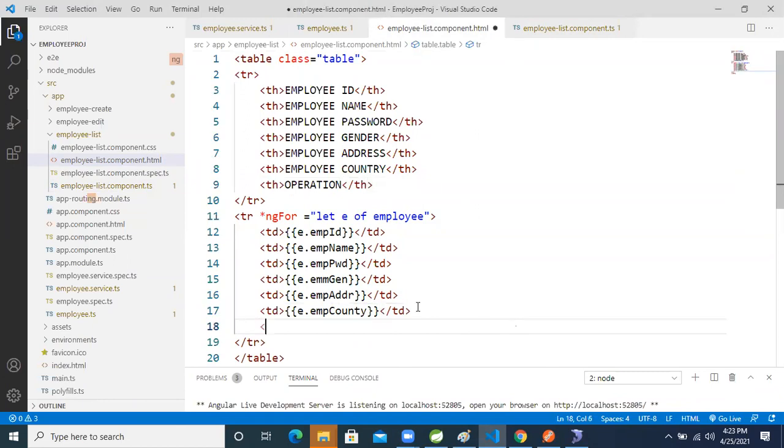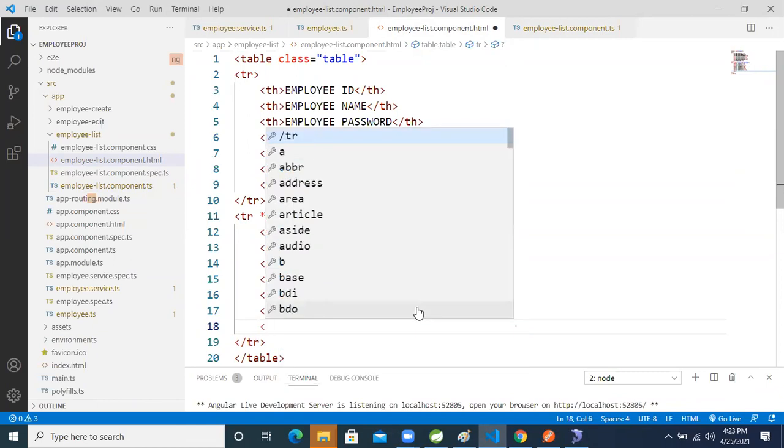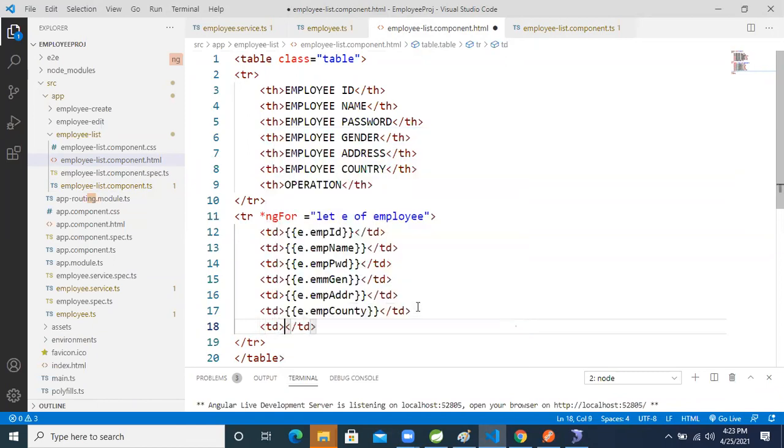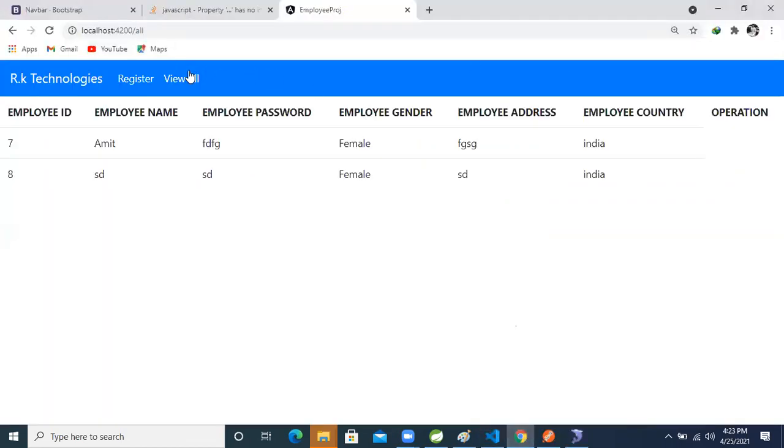In the operation field, I'm adding a td, table data, and inside that a delete button.